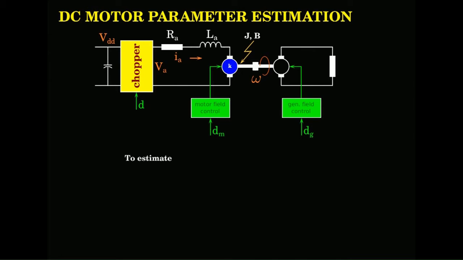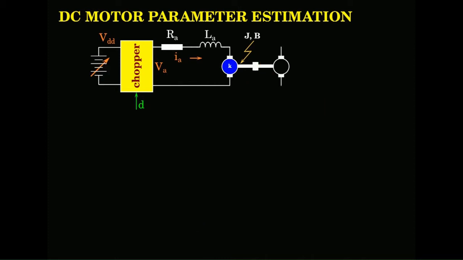You have been given the machine and you need to estimate. So, what do we have to estimate? We need to estimate RA, we need to estimate LA, K, that is the gyrator constant, the reflected inertia on the shaft. There could be a lot of things connected downstream. It may be a genset or some pump or something else, but you need to find what is the reflected inertia and the friction coefficient B. Then you will be able to design the controller. So, let us take up RA first. Let us estimate RA.